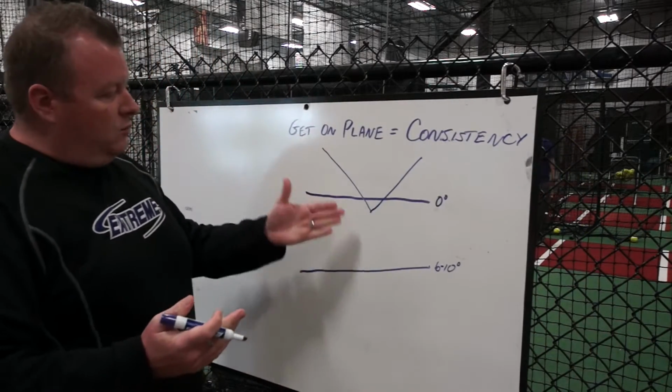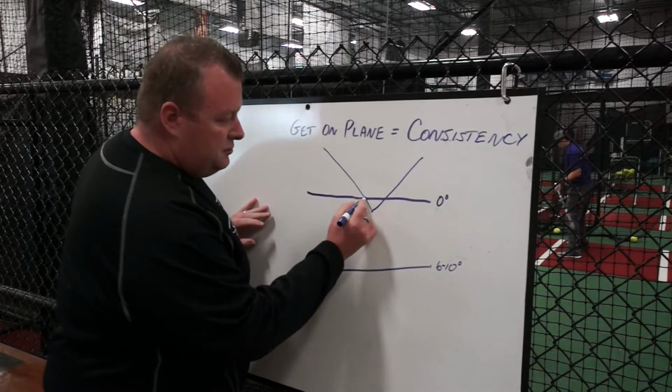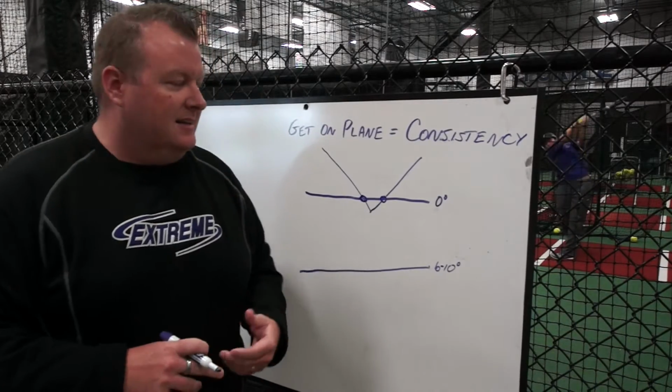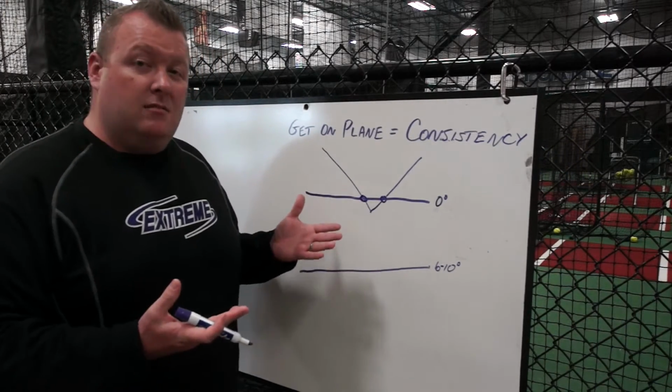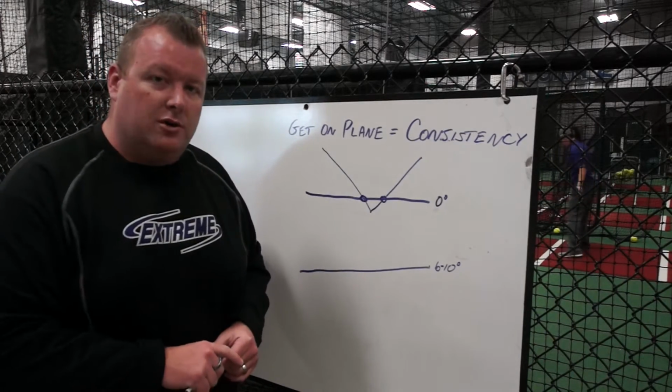By doing that, we see, if this is the pitch coming in, that this hitter is actually only crossing the plane of the pitch twice. That's not gonna lead to a very consistent outcome. We still might get a hit, we still might get a production every once in a while, but consistency we'll be fighting for all year.